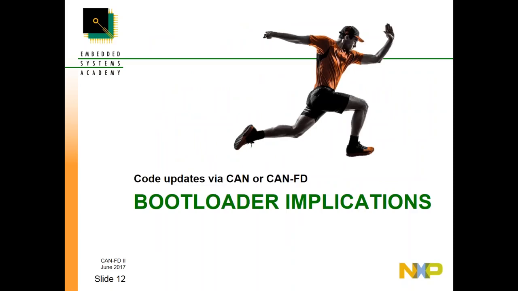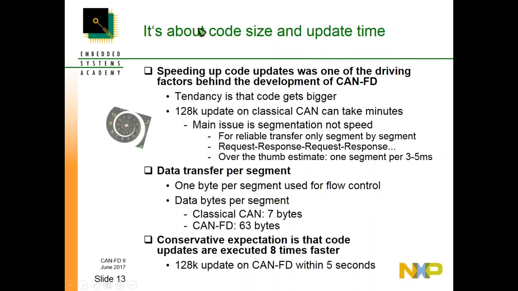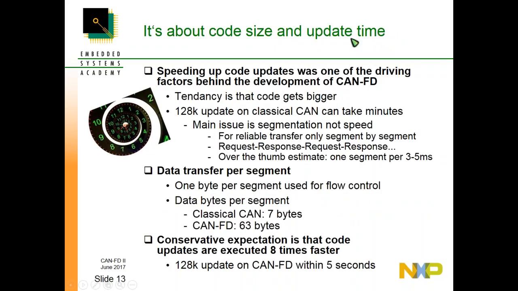Let's look at some of the implications for bootloaders. When we change from CAN to CAN-FD, well, you can already see somewhere speed is involved here. It's the code size and update time. And if you look a little bit at the history of CAN-FD, you'll find out that code update, bootloading, was one of the driving factors behind the development, because the tendency was and is that code gets bigger,